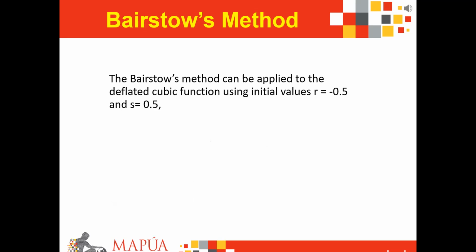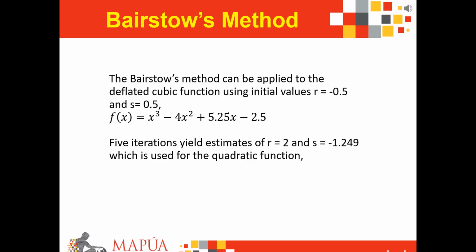a new value of R and S using the previous calculated value as initial value for your Bairstow's method, having R equal to negative 0.5 and S equal to 0.5 on your cubic function. After 5 iterations, it then yields a new value of R equal to 2 and a new value of S equal to negative 1.249, which is then used for your quadratic function, which is x